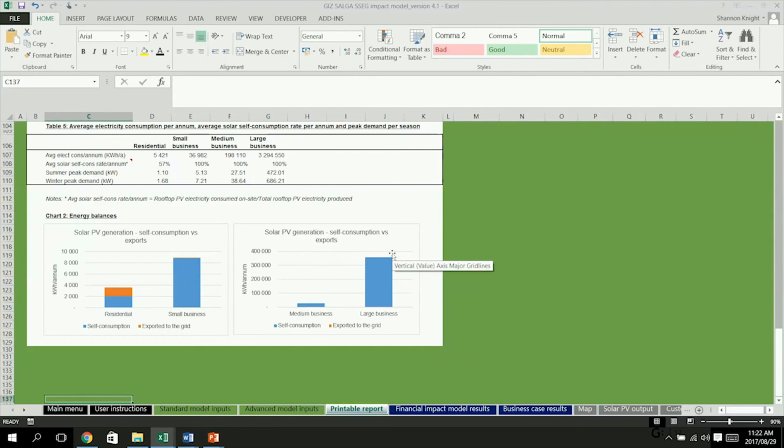Chart 2 shows the energy balances for each user group. These charts show how much electricity is consumed on-site versus how much is exported to the grid. For residential users, just over 2,000 kilowatt hours per annum is self-consumed, and about 1,500 kilowatt hours per annum is exported to the grid. For small business, almost all the electricity is consumed on-site. However, if you look closely, you will see that a very small amount is exported to the grid. For medium and large business, all electricity produced is